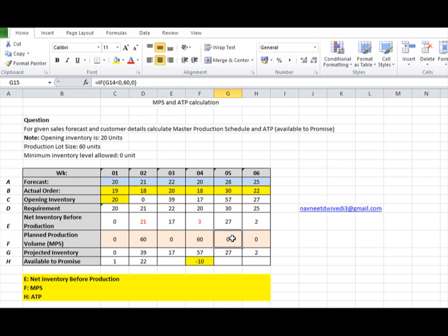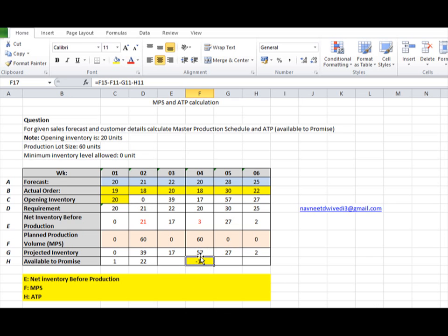So what we can do in that case, we have to take one more MPS cycle in any of these two as per our requirement. So either we have to keep our 10 quantity from this cycle, or we have to go for one extra MPS cycle. So that's the significance of minus ATP. Minus ATP means if we are not having any backlog, that is, if we are not having any surplus of inventory from our previous cycle, then we are going to have a shortage of 10 quantity. If we are having surplus of the previous cycle, then it's okay, then we can manage. So this is the significance of negative quantity.